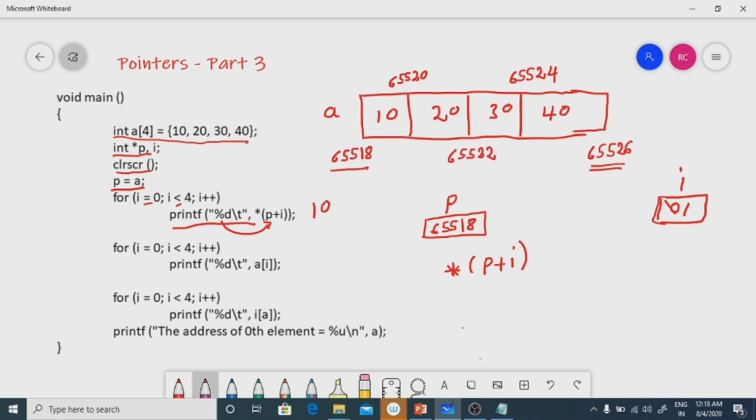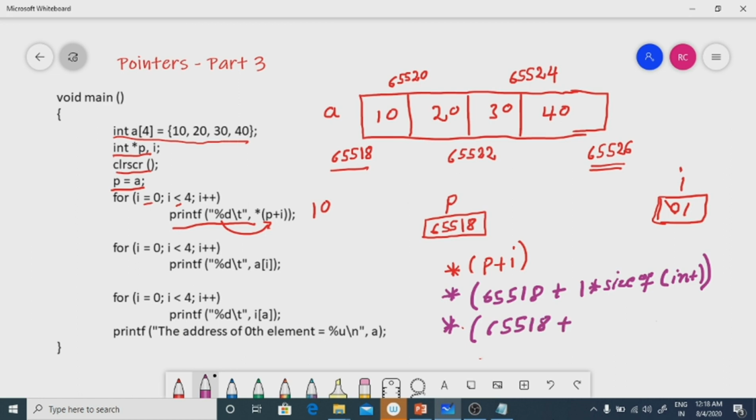So star of P, P is 65518 plus I is 1 into size of int. So here again I consider size of int as 2 bytes. So 65518 plus 1 into 2.